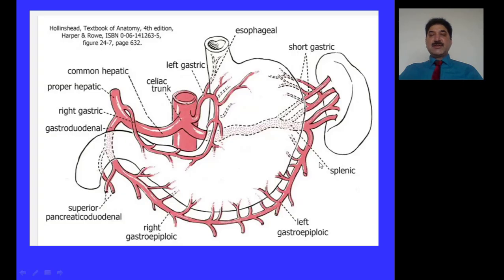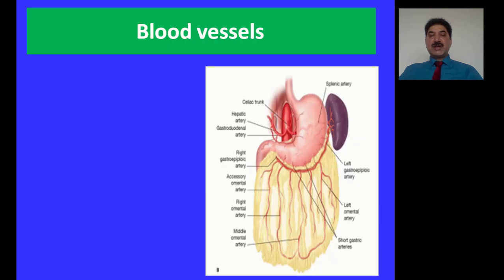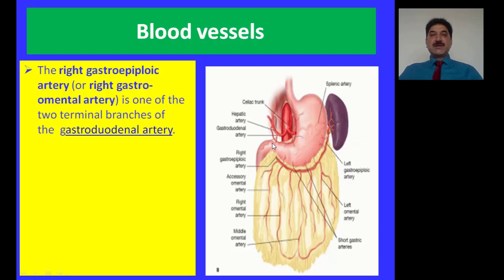As shown in this figure, the arteries which are present in the greater omentum are derived from branches of the celiac trunk. The vessels include omental arteries. These omental arteries arise from the right and left gastroepiploic arteries. The left gastroepiploic artery is a branch of the splenic artery, and the right gastroepiploic artery is a branch from the gastroduodenal artery. The arteries which are present in the greater omentum are called omental arteries.